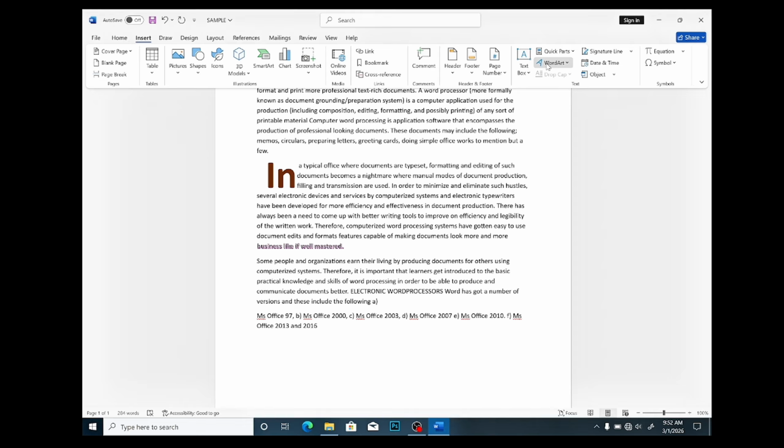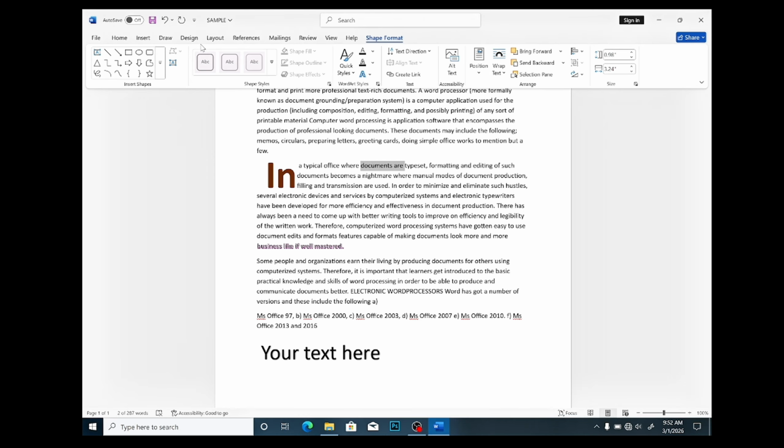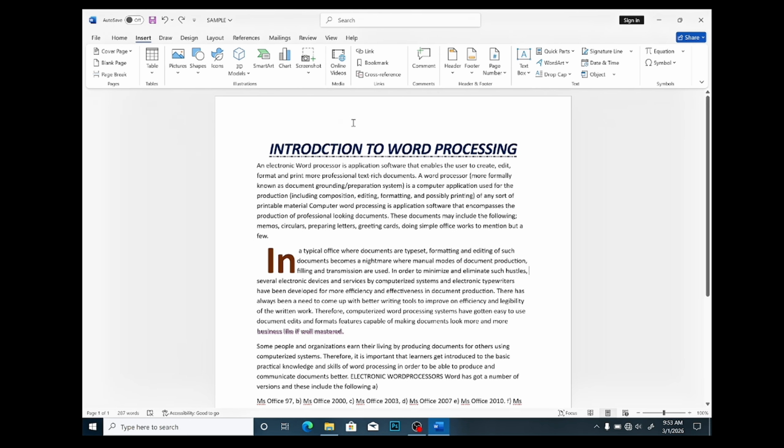For example, this. So in many cases under this Insert, you want to insert, for example, a title of word art. You can change this one to